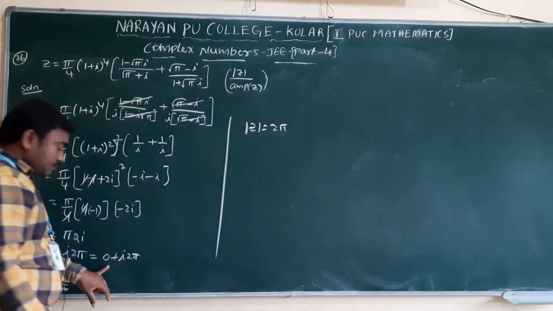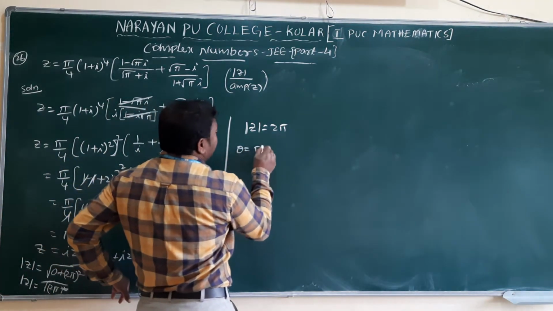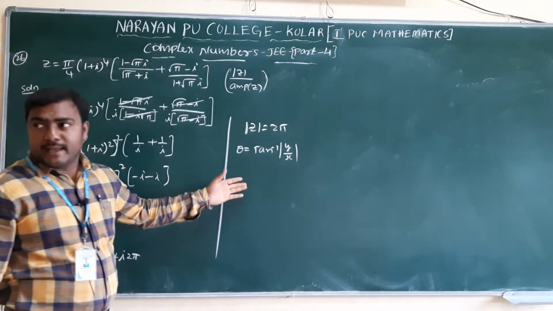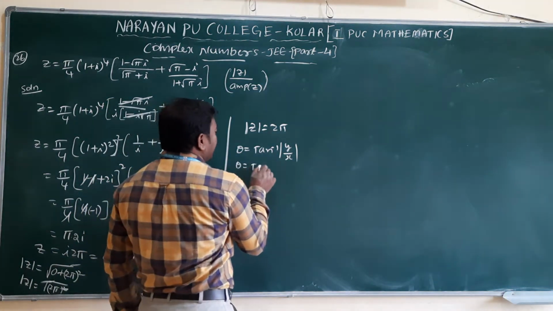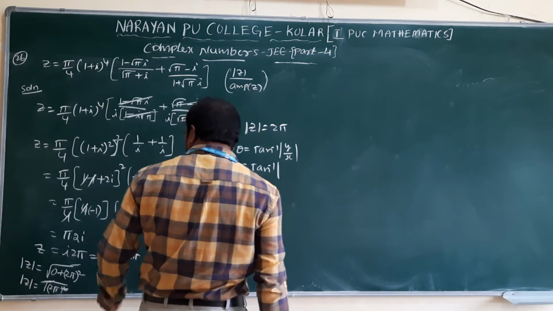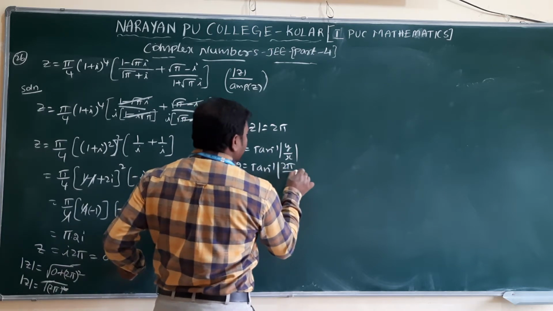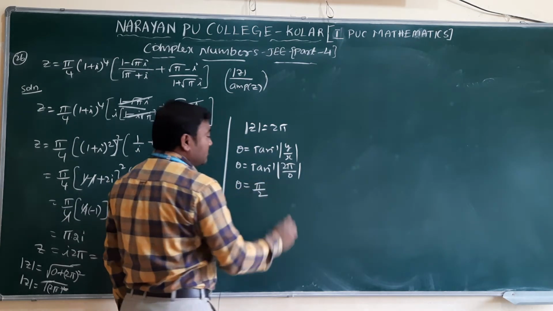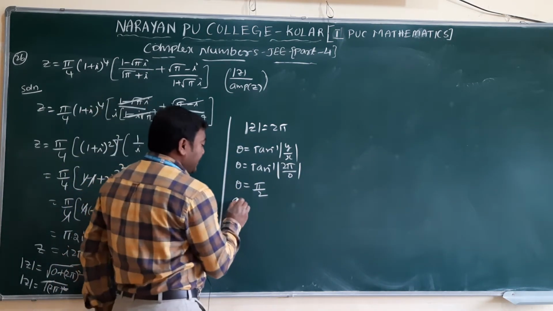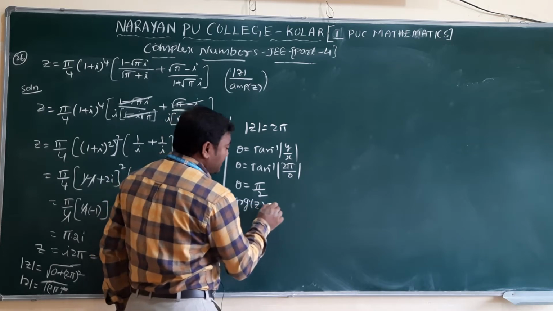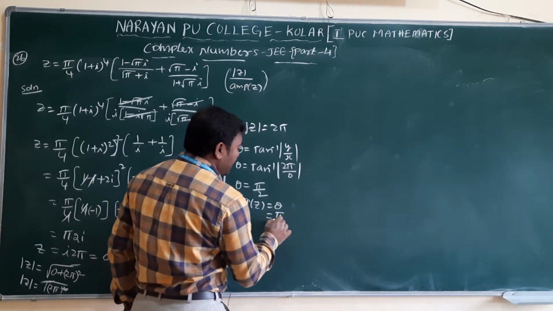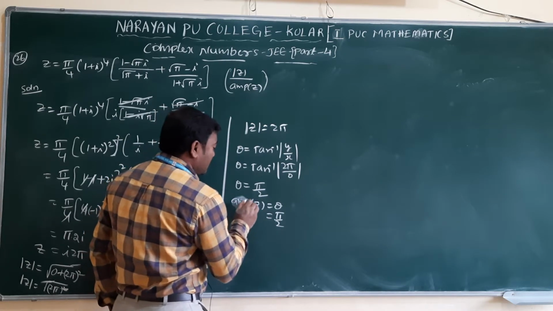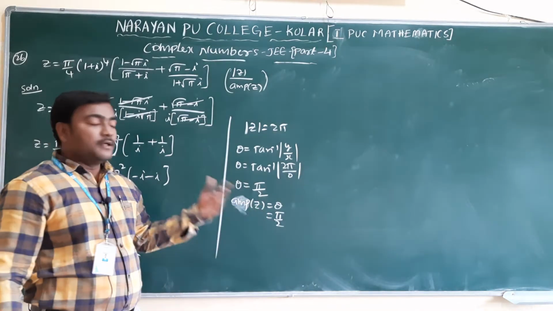So here theta is equal to, what is the formula? Theta is equal to tan inverse of modulus of y by x, or modulus of b by a. So theta is equal to tan inverse of, here the y value is 2 pi, the x value is 0. So theta is equal to a not defined value, theta value pi by 2. The argument of z is equal to theta in the first quadrant. Here theta value is pi by 2. So argument and amplitude are both the same. So amplitude of z is equal to theta, so it is pi by 2.